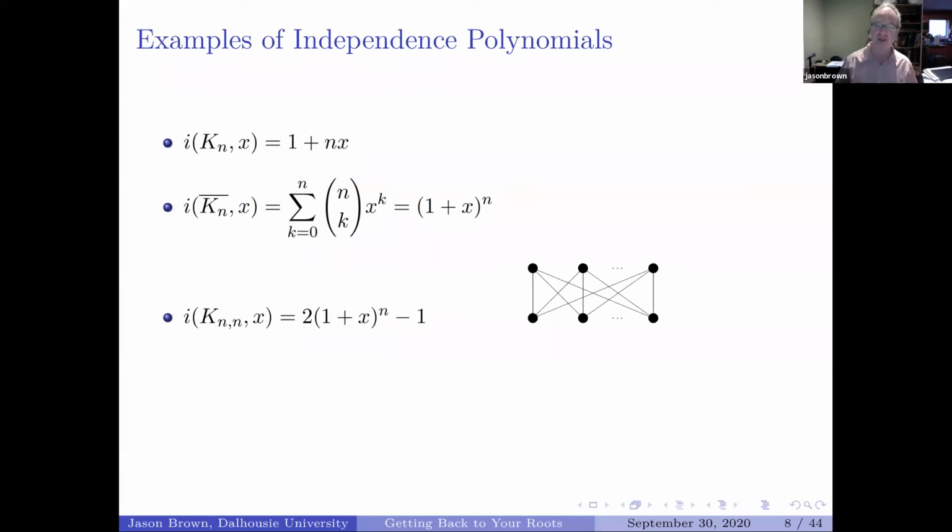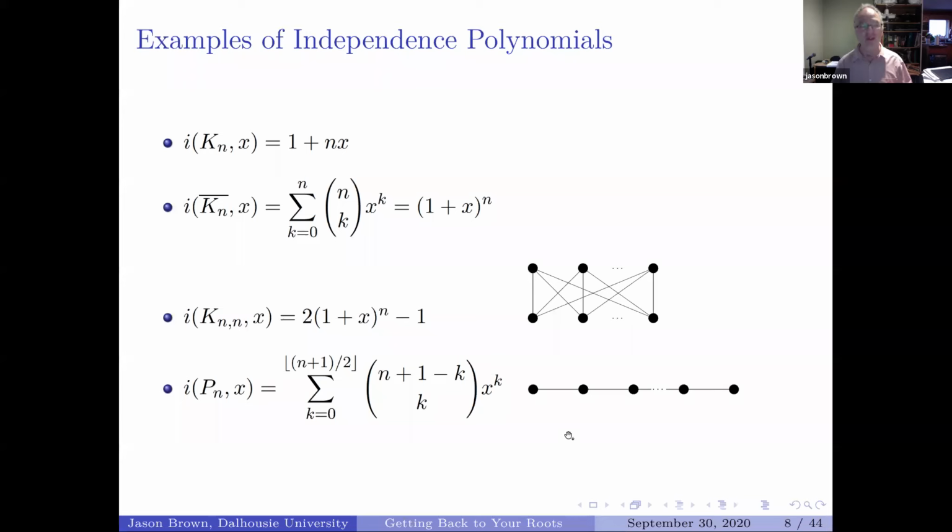So we add those two, but we've overcounted exactly one subset, the empty set, which has generating polynomial 1, so we have to take away 1. More interestingly, you would think, well, maybe all the formulas are kind of trivial. Well, if you do it for paths, you get a much more interesting formula. You get the coefficient of x to the k is n plus 1 minus k choose k, and the sum runs from k equals 0 up to the floor of (n plus 1) over 2. So a very interesting formula for paths, even a simple graph like paths.